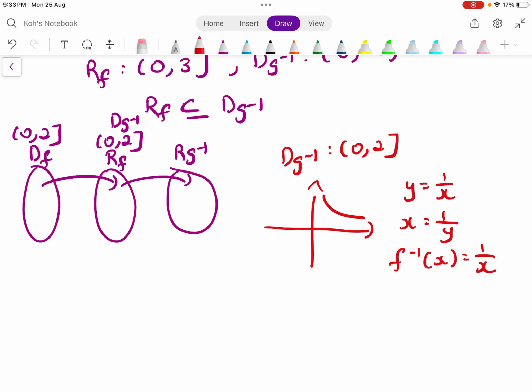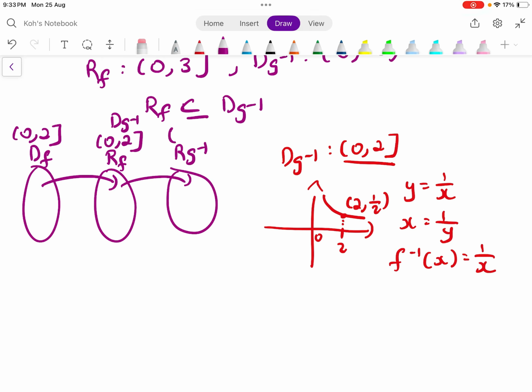So apparently, you can see that the domain of G inverse is 0 to 2. So 0 is right here, 2 is around here. Also meaning this point is about 1 over 2, so this part is a half. Then of course, at the 0 part, it goes all the way to infinity, meaning that the range of G inverse will be